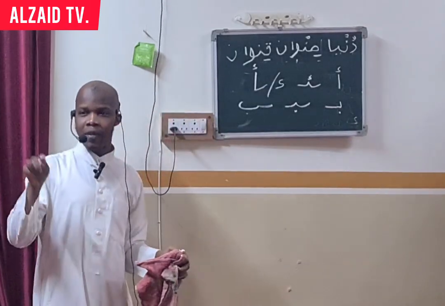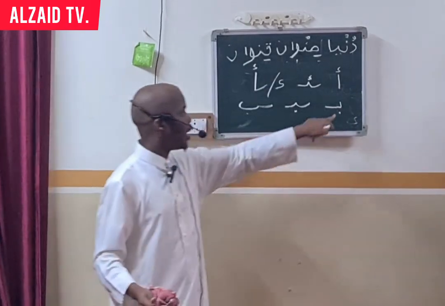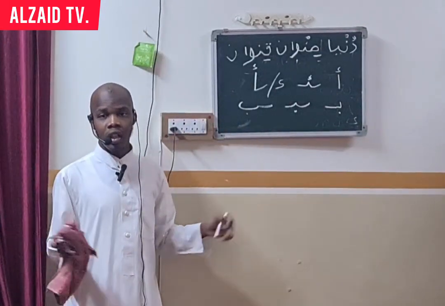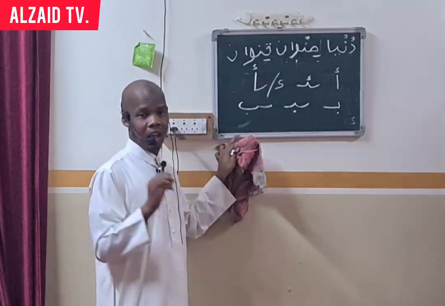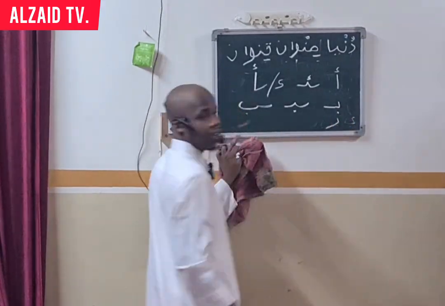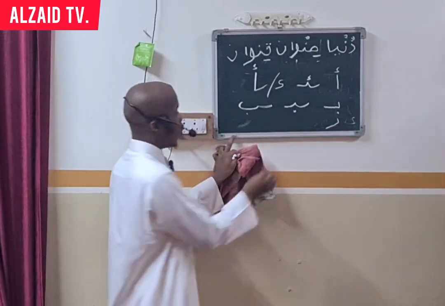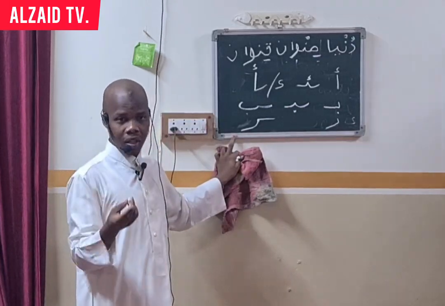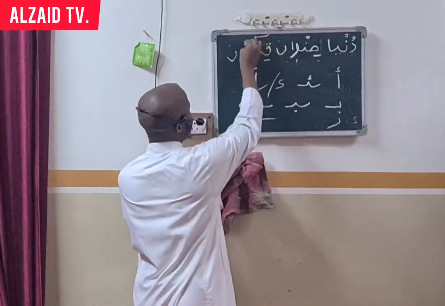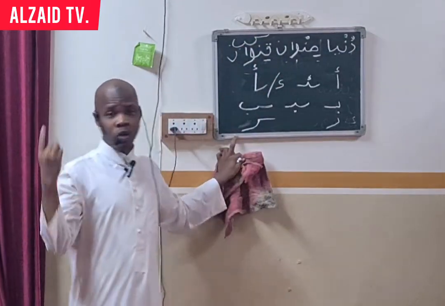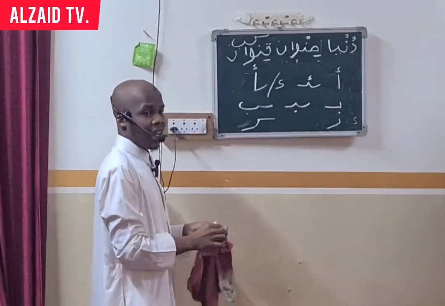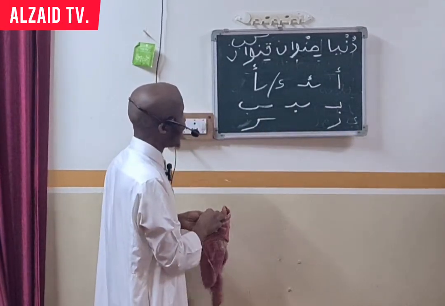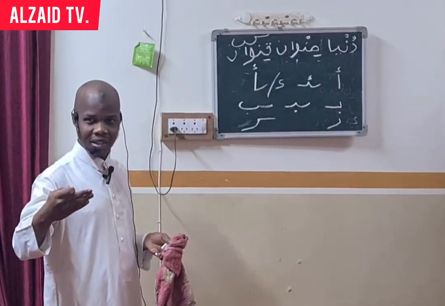Then there are some alphabets that can only come here or here. They cannot come in the middle. For example, when we take ra, when you are beginning a word, or when it comes at the end, it is written like this. But you can never write it in the middle. Why? Because are you going to write it like this, then bound like this? It is no more, right? Therefore, because this ra cannot come in the middle, don't say that, okay, it means if there is a space,